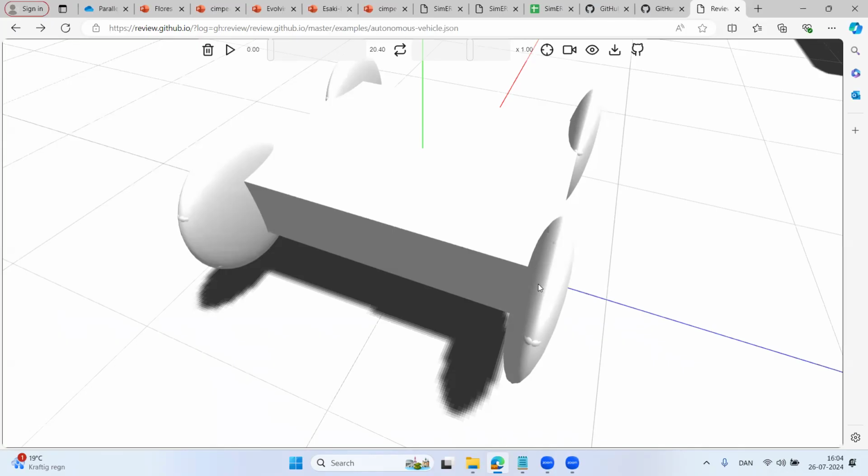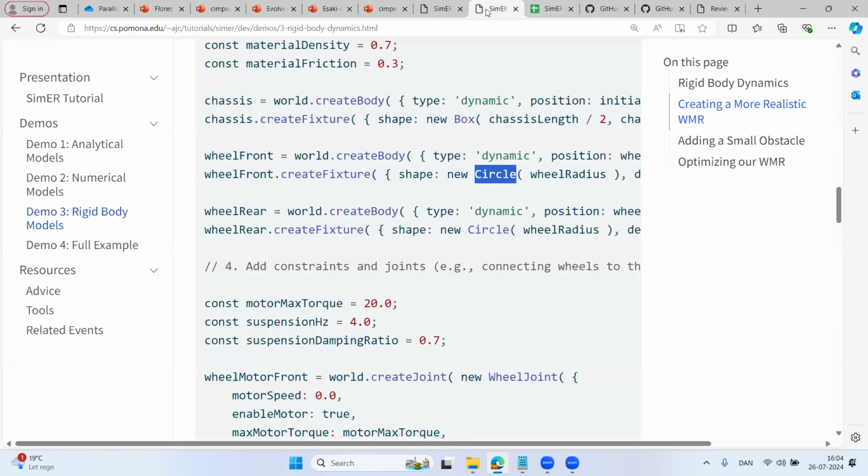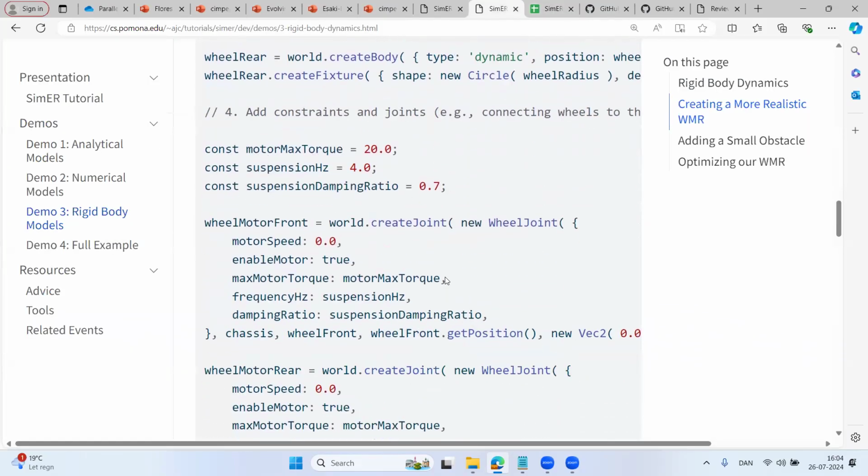If you think about something with a little bit of width, it has a very flat bottom, and no wheel in existence is going to be perfectly flat on the bottom. And then when it collides with things, it vibrates a lot. Essentially, it'll sort of teeter back and forth. So you'll actually get better results, something that transfers better to reality, with a sphere than you will with a cylinder, for example.